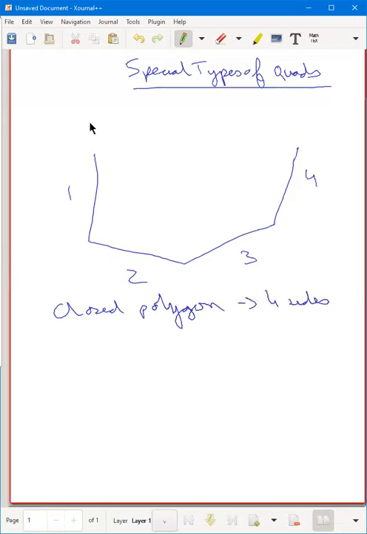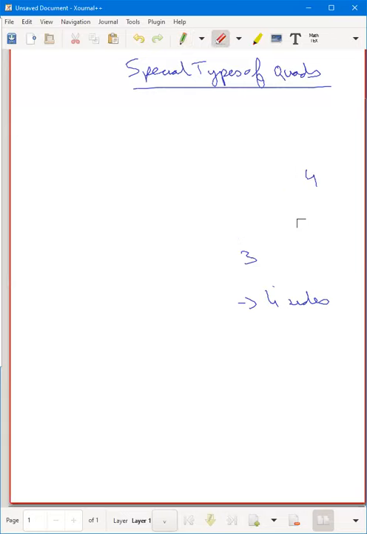So now you already know the basic quadrilaterals, which we've been doing for a long time: a rectangle, a square. In this chapter also, we saw how a square was converted into a cube. Then we saw how a rectangle was converted into a cuboid, right? Now we have different special types of quadrilaterals. The first one is a parallelogram.